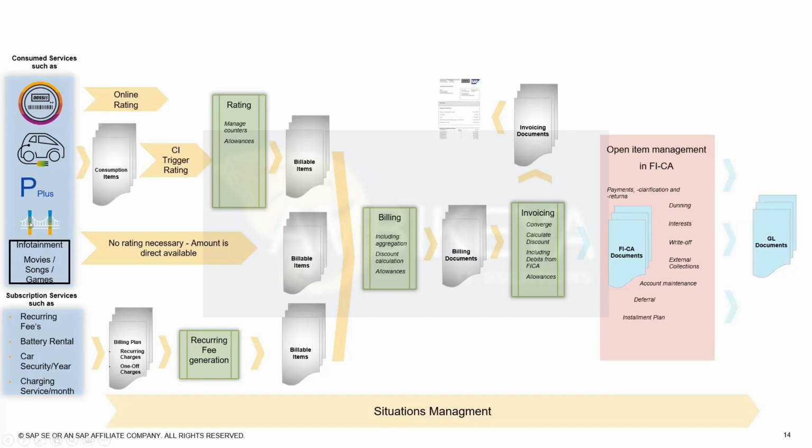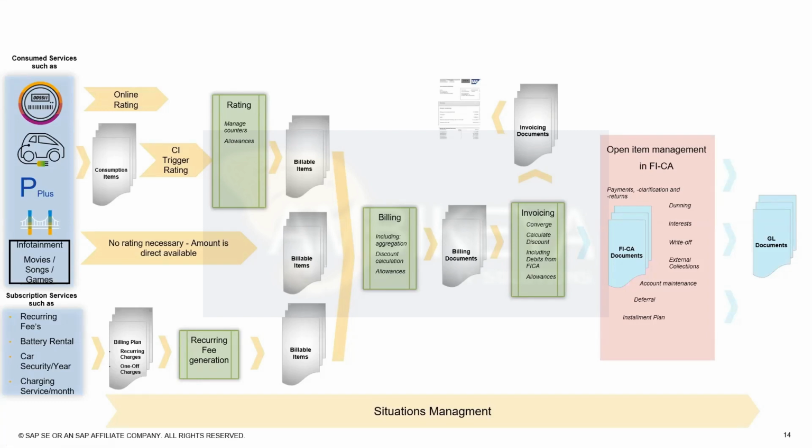So let's say we will have to pay toll collect. We will do some downloads of movies or songs. What does that mean? At the end, out of this system will generate billable items if you do not want to rate it, if the price tag is still there. That's always, if I will do the download of a movie, then I know movie $9.99. If it is a toll collect, then